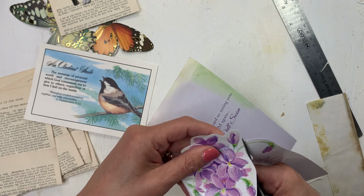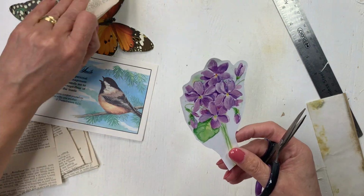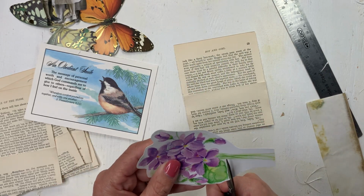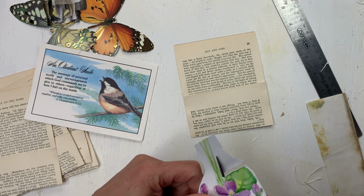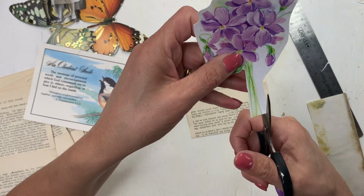And I think I'll probably cut that off. So let's see how much of this. I do need to save quite a bit of the stem. Going to get rid of it. Luckily I didn't. Anyway, so